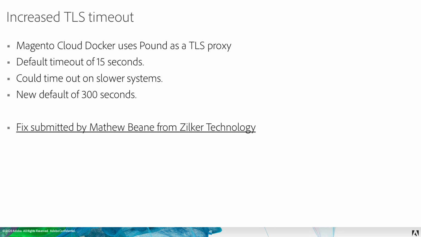So we increased the TLS timeout. We use Pound as a TLS proxy for Magento Cloud Docker, and Pound, at least the version we were using, had a default configuration with a connection timeout, or time between bytes timeout, of 15 seconds. And if you were running a particularly complicated site, or if your system was kind of slow, or whatever the case may be,